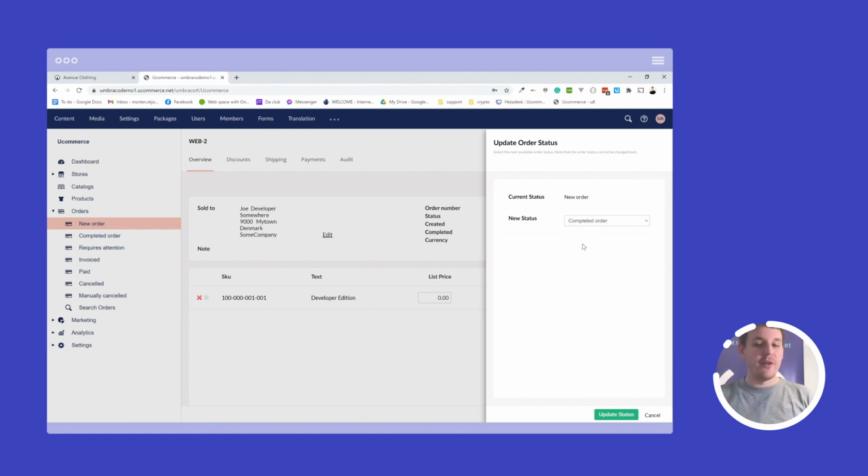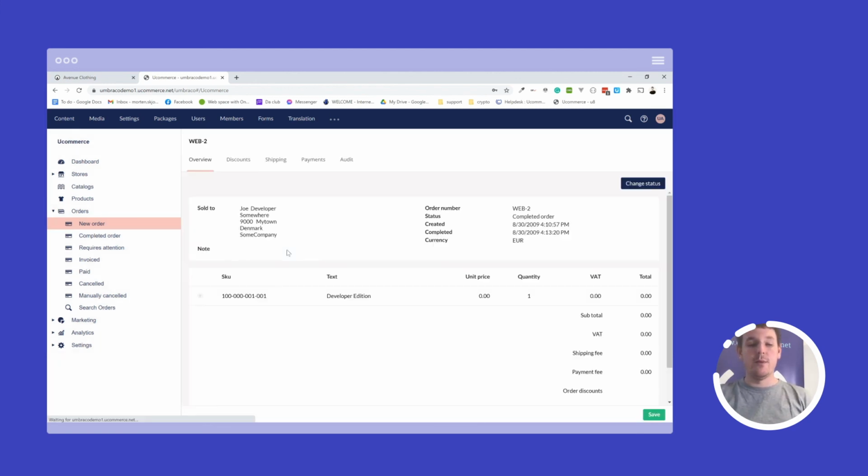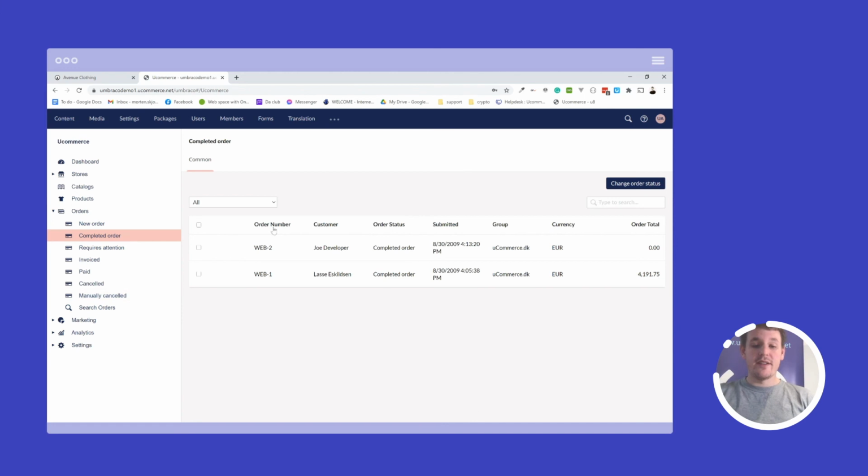So after I have reviewed my order and I change the status, then uCommerce will automatically place the order where it belongs to, and then execute the associated pipeline for the order status that the order arrived in, and thus giving you the capability of fulfilling all the different custom business logic that are relevant for your business. And once it has updated status, I can of course still change into the next one or cancel it until my order is either completely done, shipped, or cancelled.